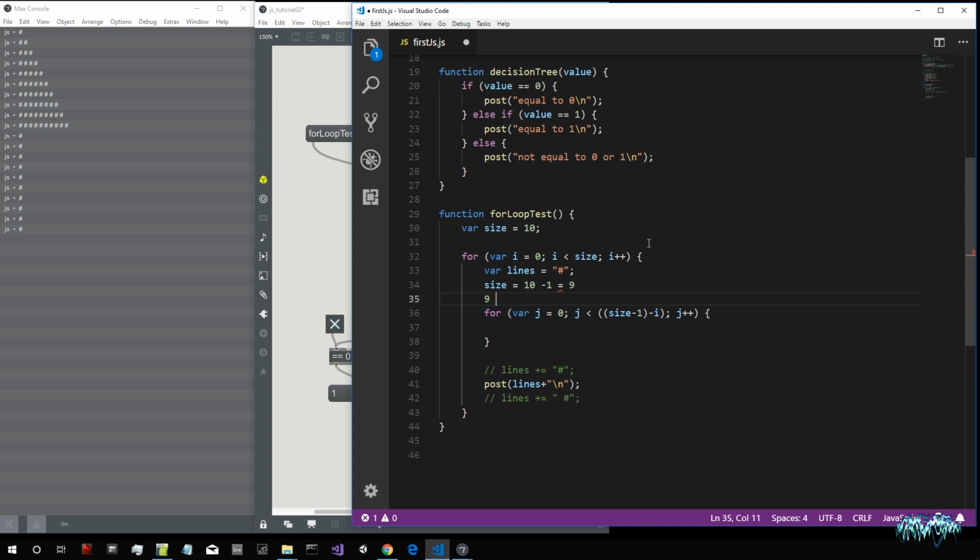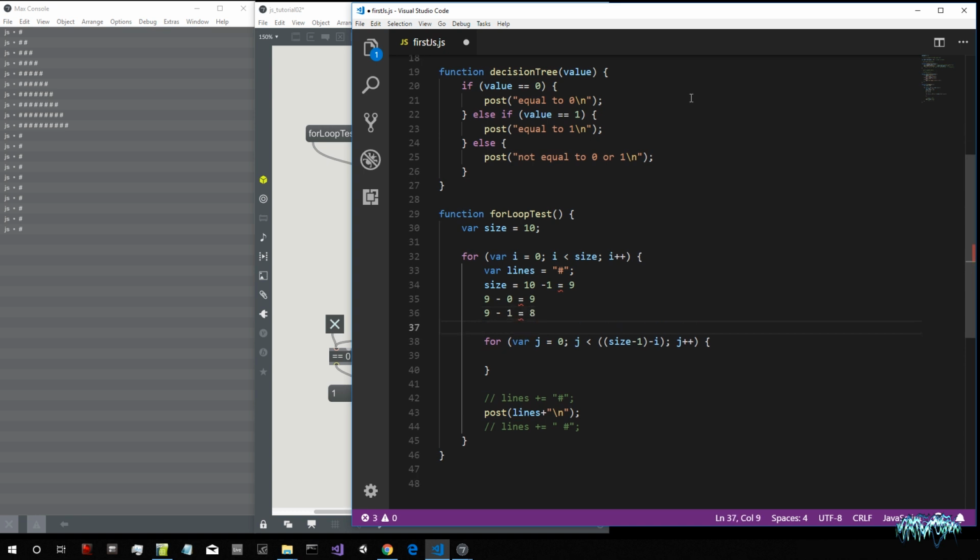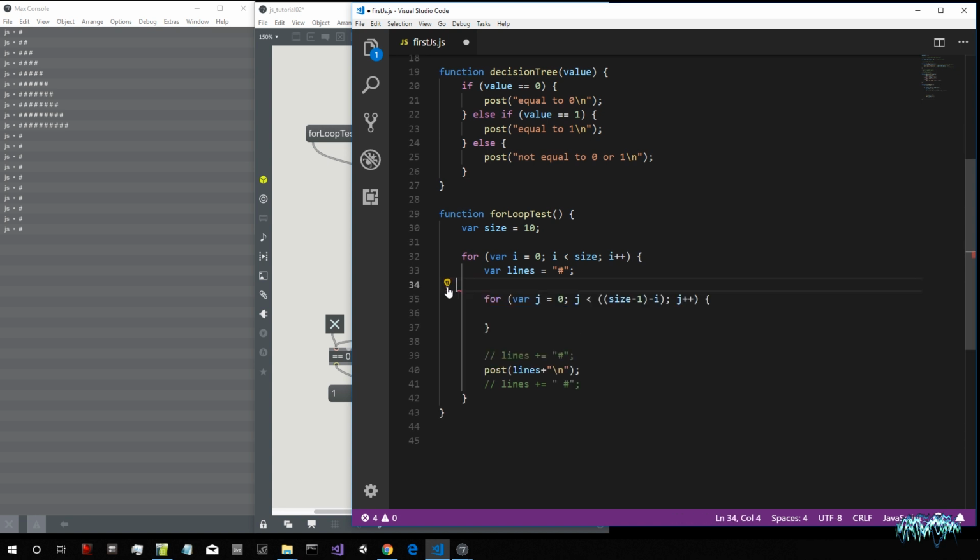And then 9 minus 0, because the first time i is 0, is equal to 9. Then when i is 1, this will be 8. And then 9 minus 2 will be 7, and so on. So exactly, this will add some spaces to our